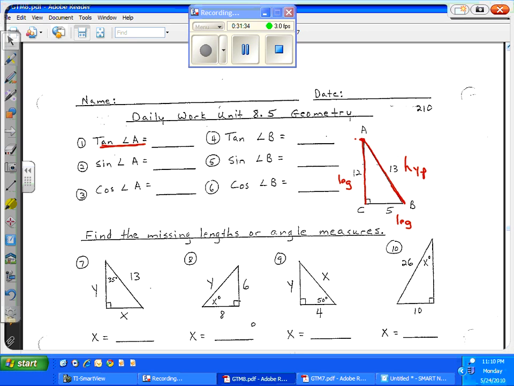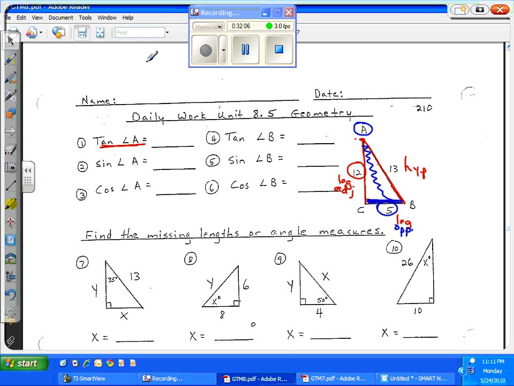If we think about angle A, 12 is the leg that is a side of angle A. So we say that it is the leg adjacent. And we can see that as A opens up, CB, or the 5, is the leg opposite